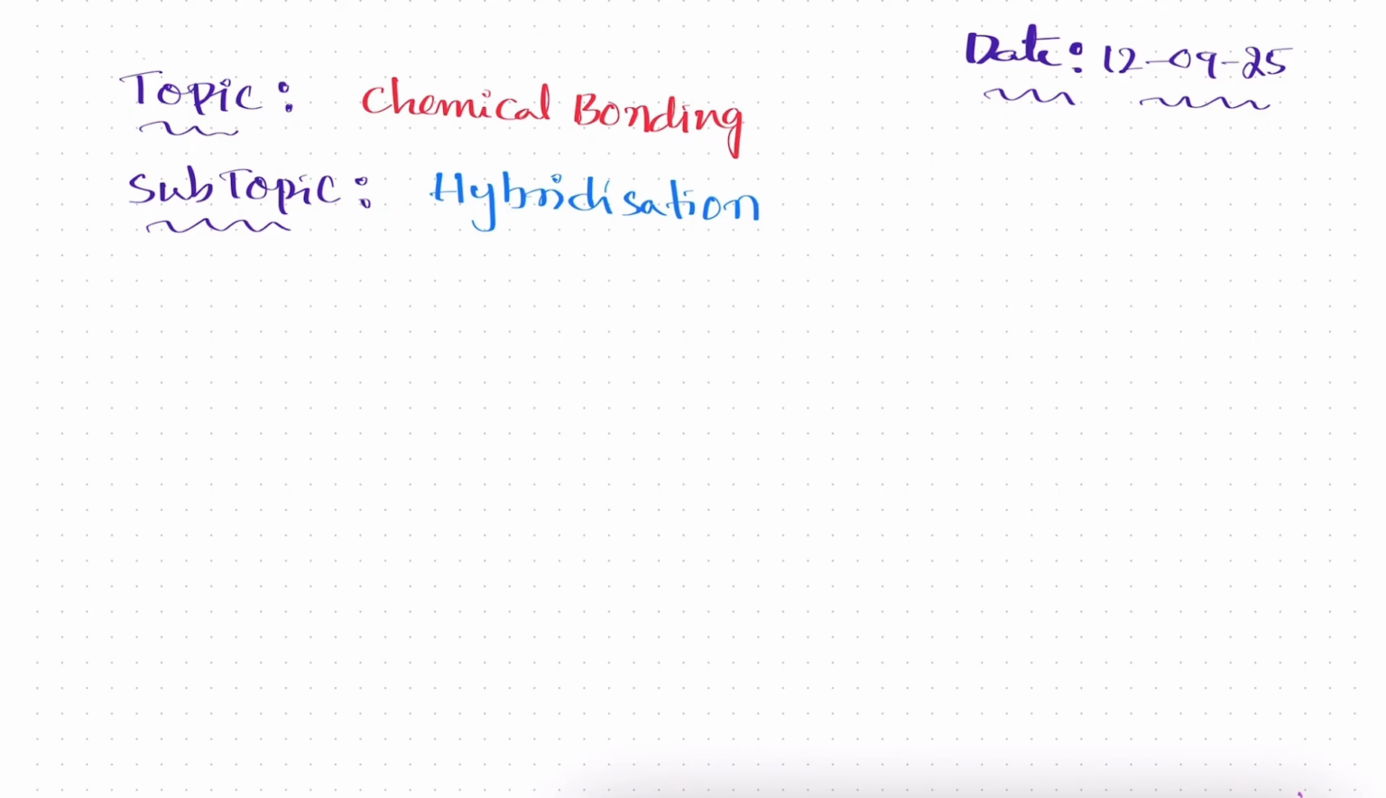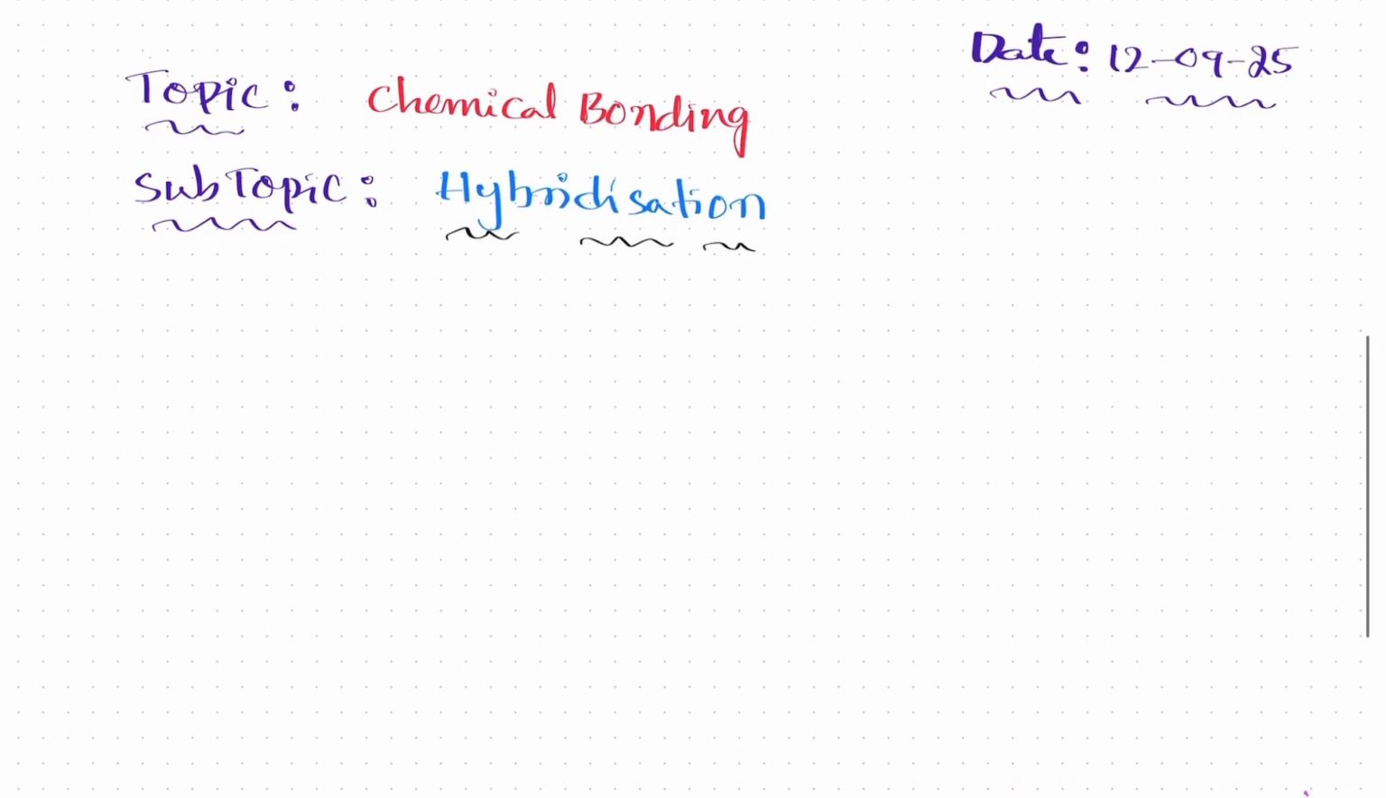Today we are going to start another new topic, that is chemical bonding. The subtopic is hybridization. Today we are going to discuss clearly what is hybridization, how many types of hybridizations are there, and how atomic orbitals are involved in hybridization and how they are converting into hybrid orbitals, and each atom contains how many hybrid orbitals, and what type of hybridization each atom has in the molecule, and also we'll discuss the orbital diagram of